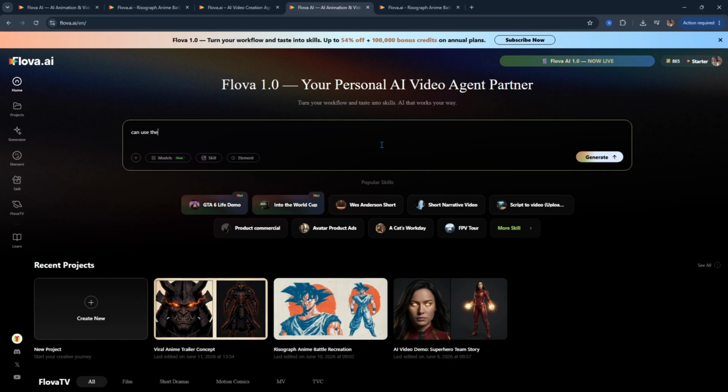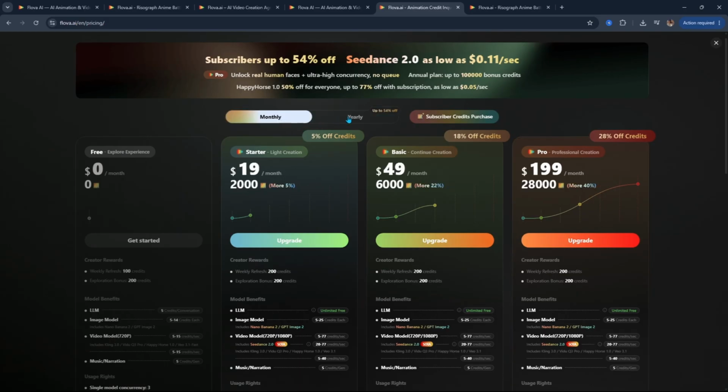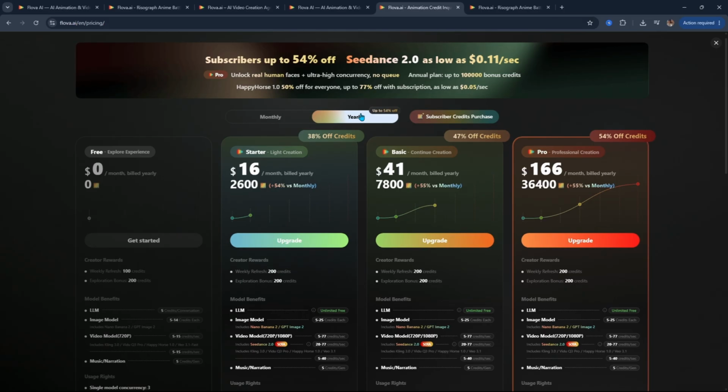And that brings me to the important question. This is actually better than paying for separate subscriptions because for $19 you get everything. Elite models, the agent, storyboarding, audio generation, editing, timeline assembly, and the skills system, all in one. Before this kind of platform came out, creators like us had to buy one platform for images, another for video, another for audio. Now one platform handles it all, so it's actually easier for you.